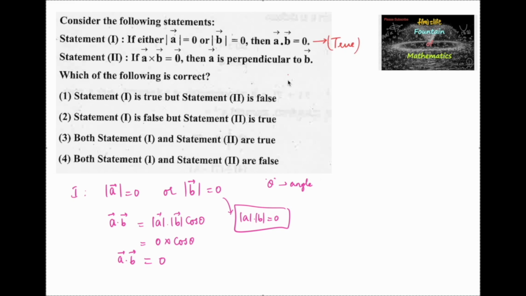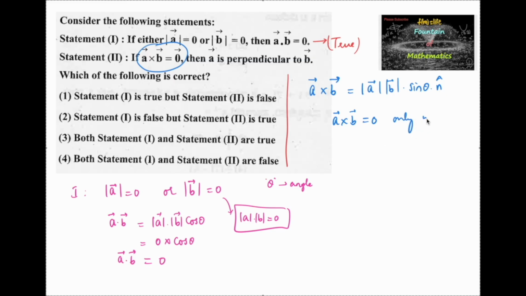And coming to the second statement, A cross B is equal to vector 0. We can say that again if theta is the angle between the two vectors, A cross B we can write as mod A into mod B into sine of the angle between the two vectors A and B into n cap. And this A cross B will be 0 only when theta is equal to integral multiples of pi, that is sin theta is equal to 0,